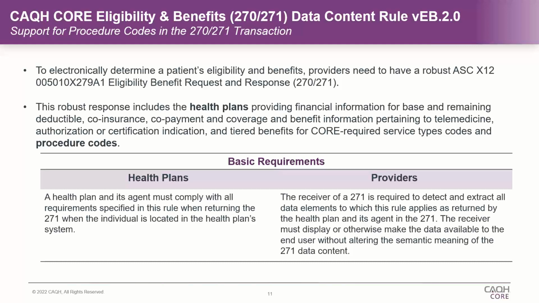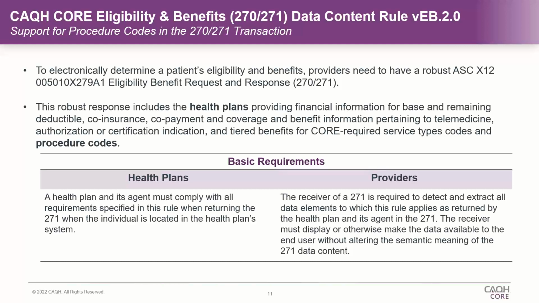No matter what, that's covered on your policy. You obviously have to qualify for it and may have to have a diagnosis to get it, but it is a covered benefit on your policy, and there's no way, necessarily, with a service type code other than asking for surgery, to drill down to that if a payer can't support the inquiry at the procedure code level. So maybe you do return that surgery is not covered and then use an exclusion, the EB01 value that